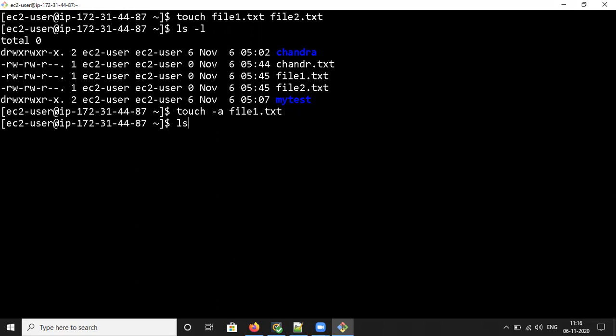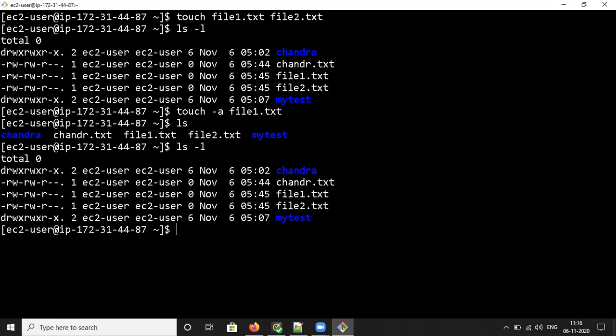Now we can check with ls -l. It is going to display in a clear format. You can see 545 we have modified, still it is 545. There are even a few other options.